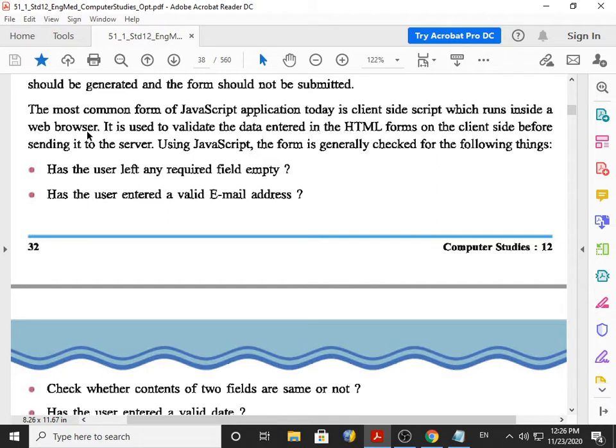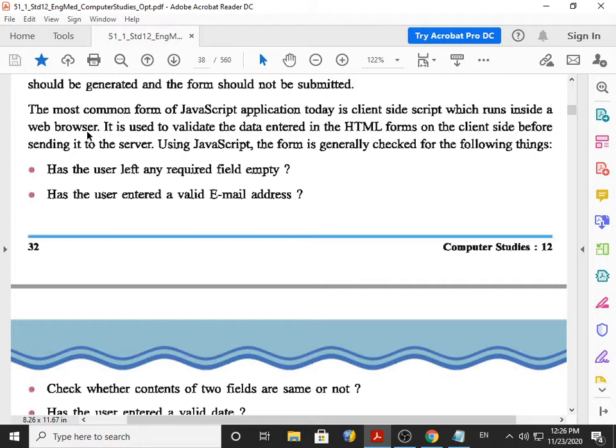So we require client-side script. It is used to validate the data entered in the HTML form. The purpose of JavaScript is to check the data entered in the HTML form on the client side before sending it to the server, before it is submitted to the server.